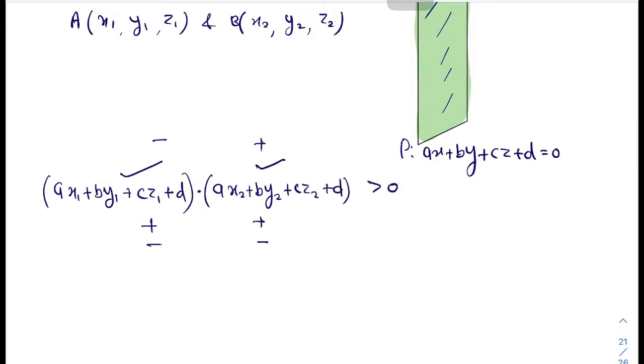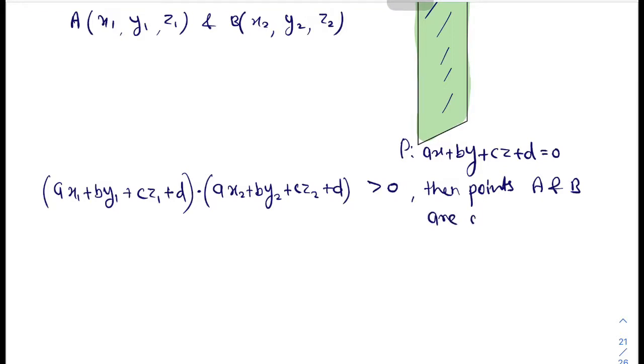So if this product comes out positive, we will say that the points A and B are on the same side of the plane,